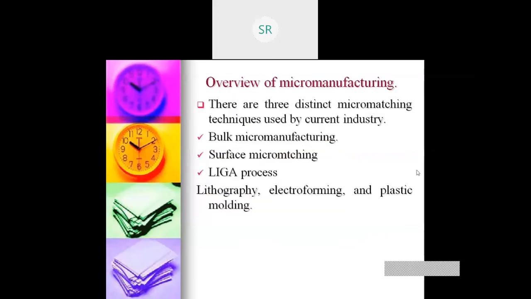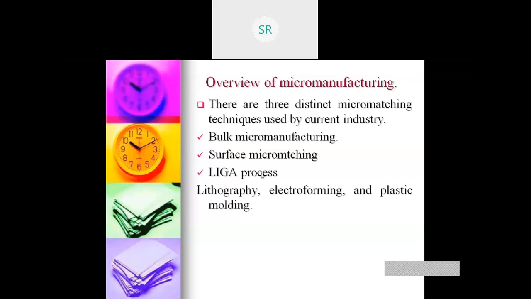Now there are distinct micro machining techniques that are used in the current industry. One is bulk micro manufacturing, surface micro machining, and the LIGA process.